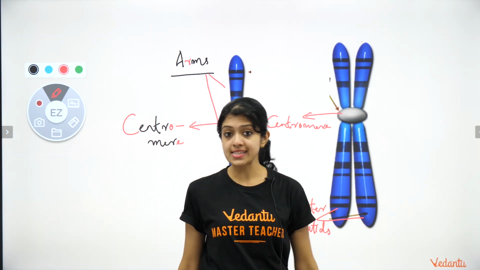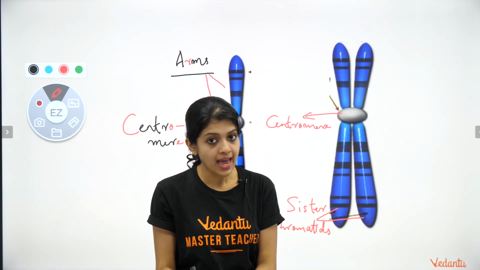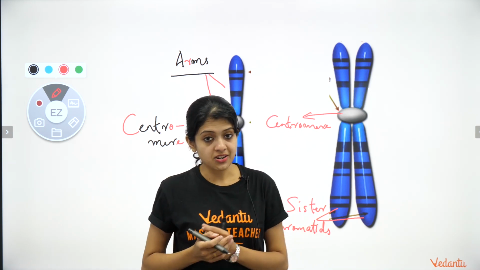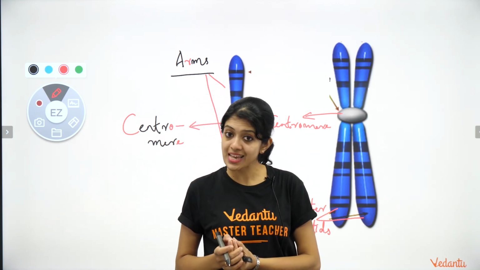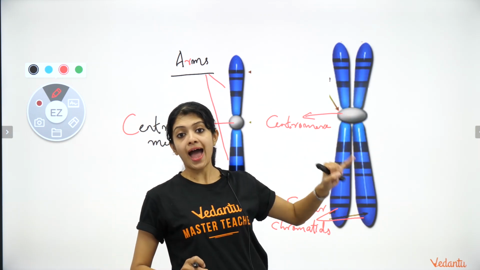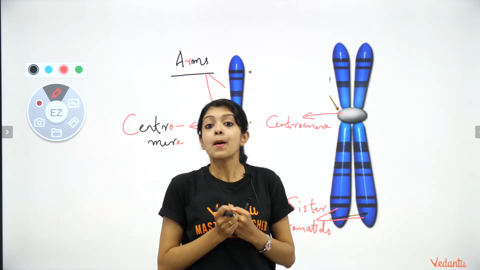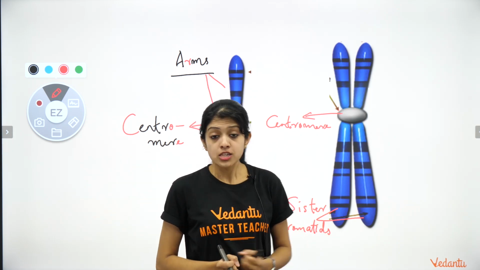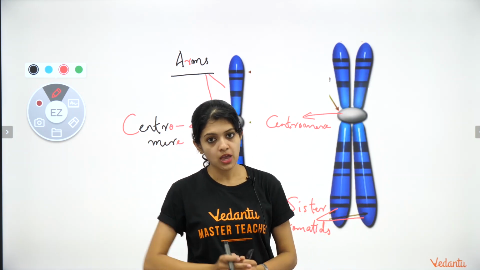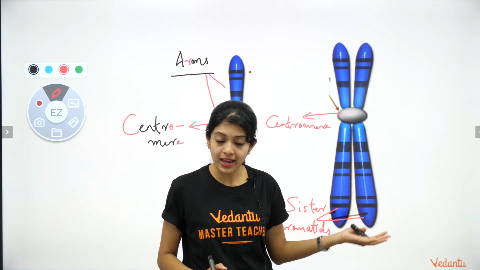What other function does the centromere have? If you have seen our session on mitosis and meiosis, of course, you would recall that the spindle fibers, which the centrioles give out at the time of cell division, attach themselves to the centromere. And it is after attachment to this part that the sister chromatids are pulled away from each other. So centromere is a very, very important part of the chromosome. So chromosome, chromatid or sister chromatids, right?